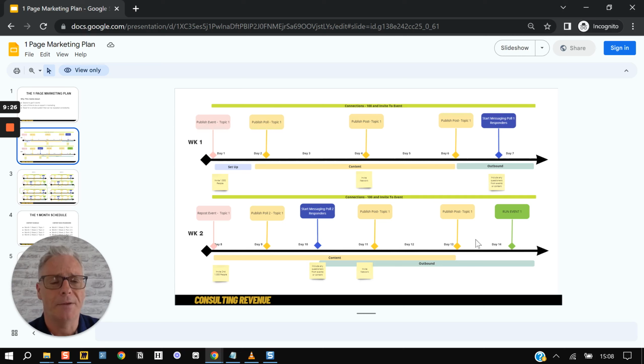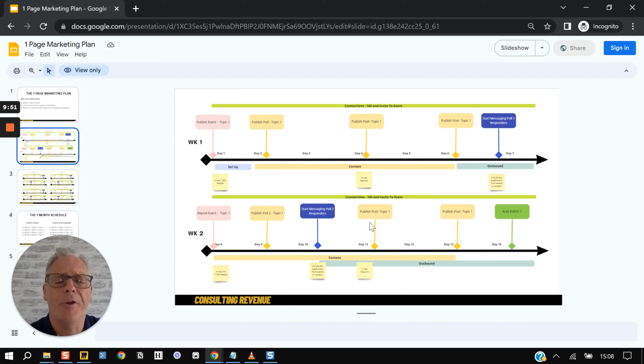And the reason we do that is obviously we've got a short window here. But if you're clever and if you're planned, you would have created the event that you're running on week 4 already. So when you're in conversation with people, you're messaging the responses to your poll here, you can start inviting them to the next one as well, because you would have had the shell of that one already set up.